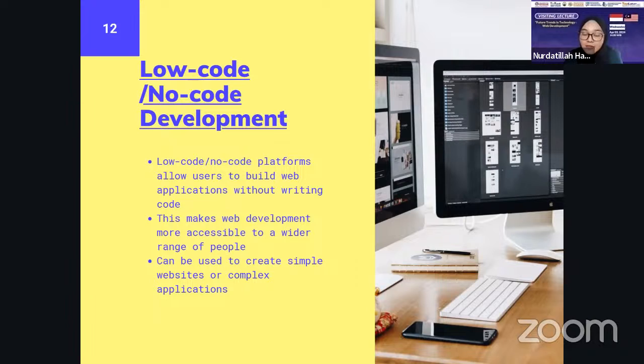I have one, right? So I think this is also popular, called Wix, right? We're going to take a look after this later on. Okay. So I also want to mention that this feature allows web development to be accessible to a wider range of people,